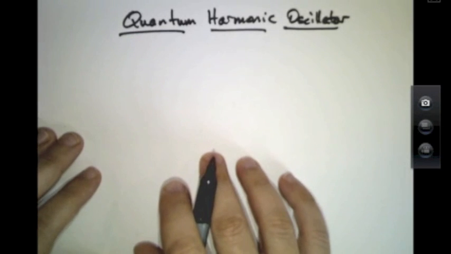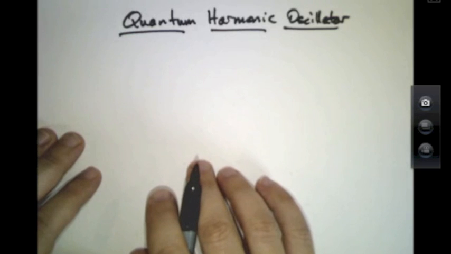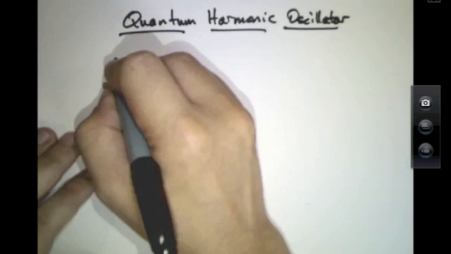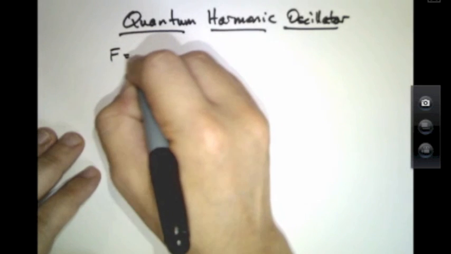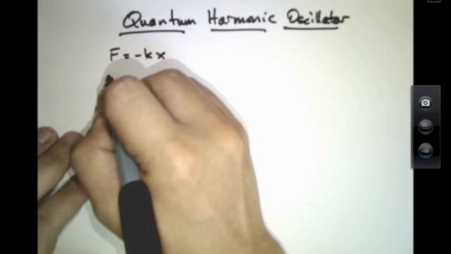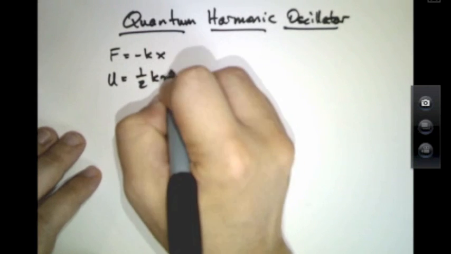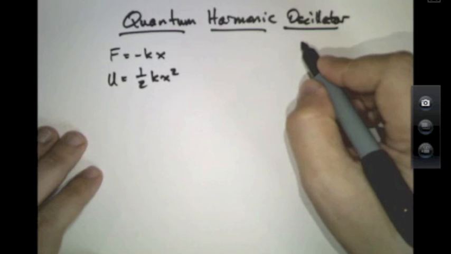We're going to start our last topic in quantum mechanics now with the quantum harmonic oscillator. The harmonic oscillator is something we've certainly seen in classical physics. It's the potential that's associated with a Hooke's law type force. F is minus kx, or for the potential, U is 1/2 kx squared. K is the so-called spring constant, and describes a potential